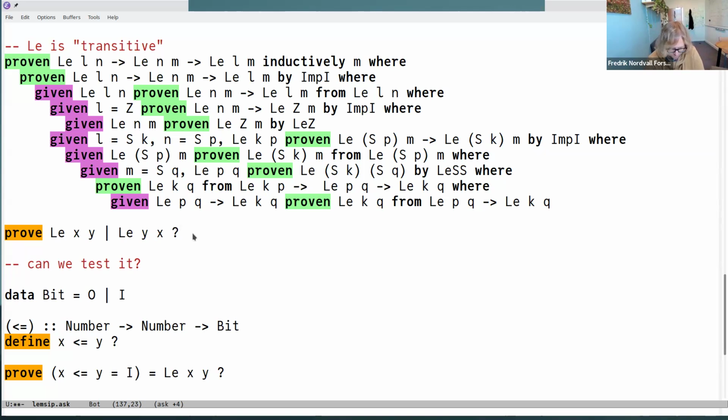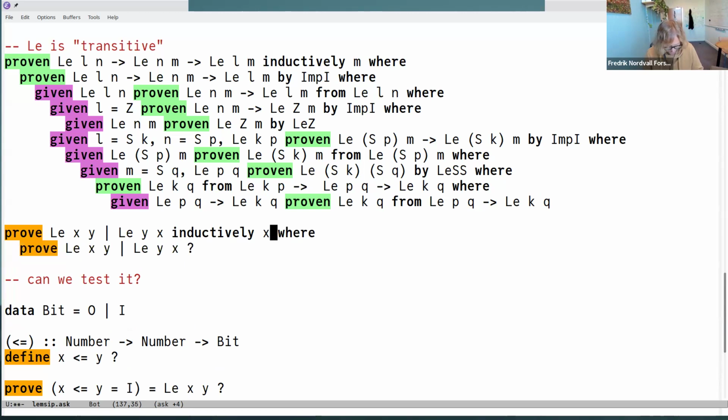Well, we have to look at x and y, because we can't say go left or go right before we know which one of them is actually smaller. And probably we're going to use the inductive hypothesis at some point. We want to say that I can do it for smaller things, and that's enough. So I'm going to start by saying inductively x. It's not from, just inductively. Yes, thank you.